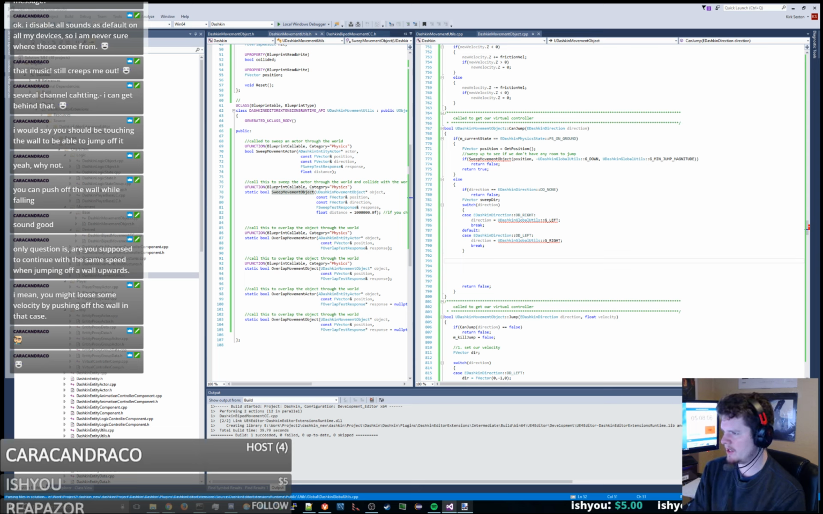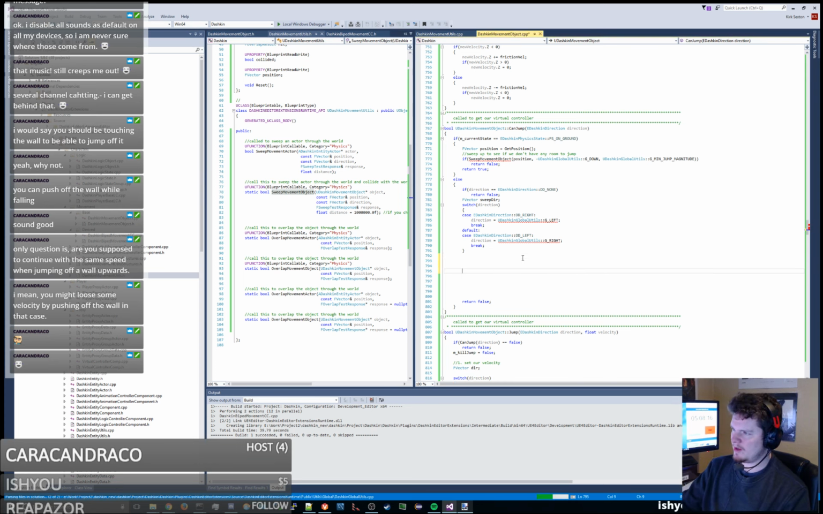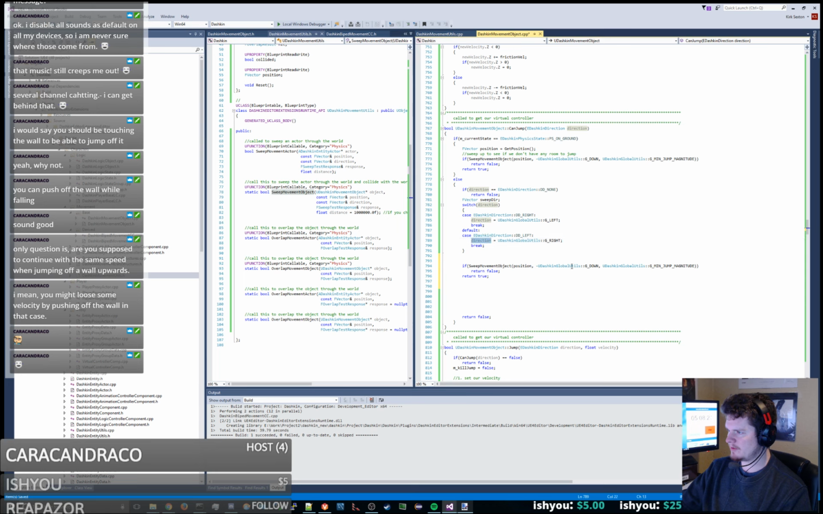Versus, I think 100 units is a meter. So all that sort of fun things. So what we want to do is we want to sweep in both directions. So we want to sweep in our direction vector, in the direction we'll be going. So this is, if we're holding to the right,